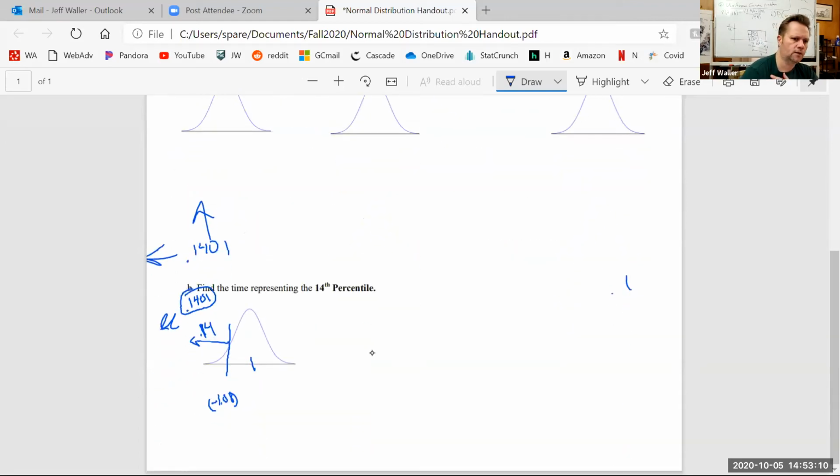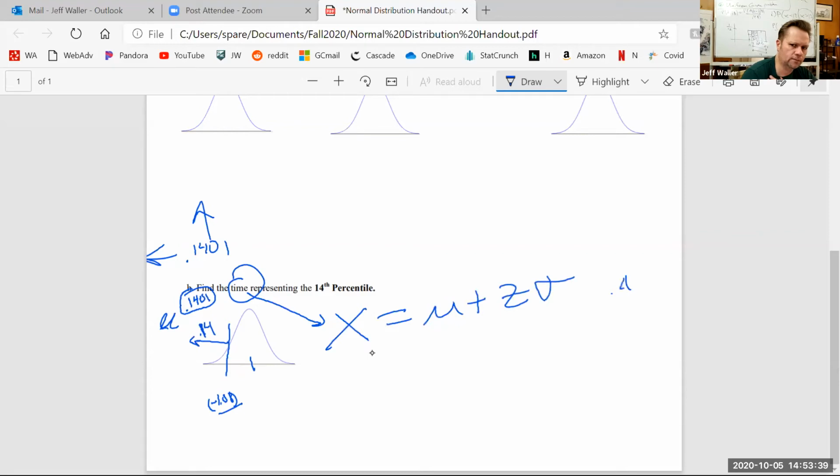Okay. Let me stop for a minute. Is everybody cool with that? Is everybody able to see that on your own on the z-score chart? The closest I get to 14% is 1401. And if I look out, that's a negative 1.08. But I need a time. That's not a time. I didn't find a parking spot a minute before I got there. How do I convert that back into a time? That's when we use